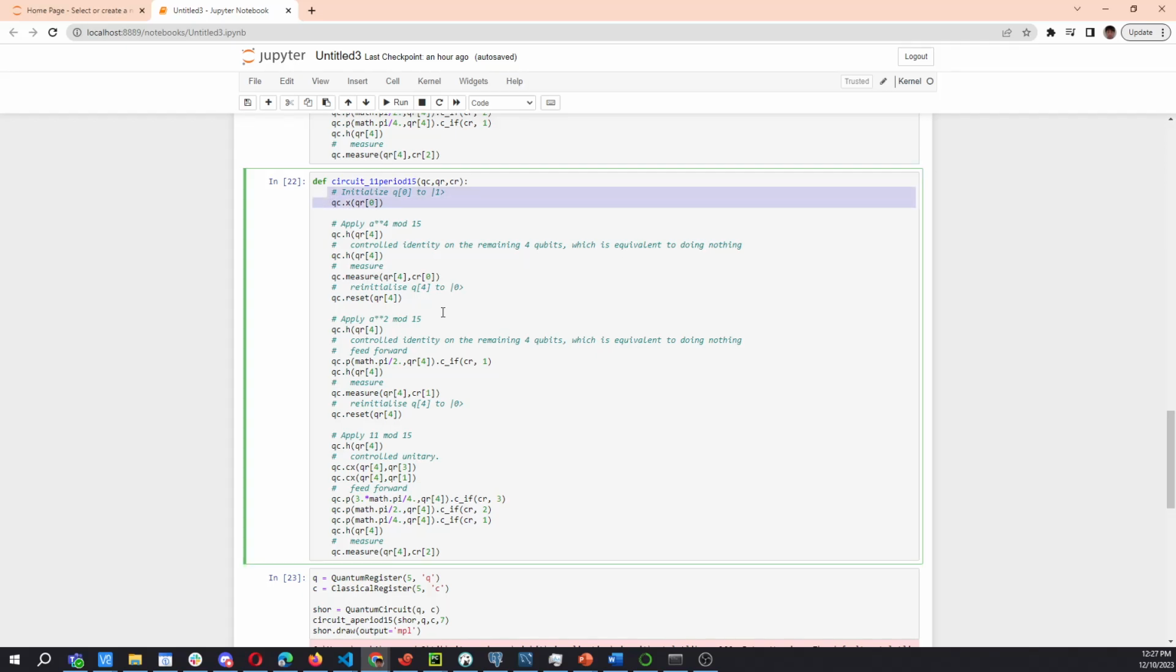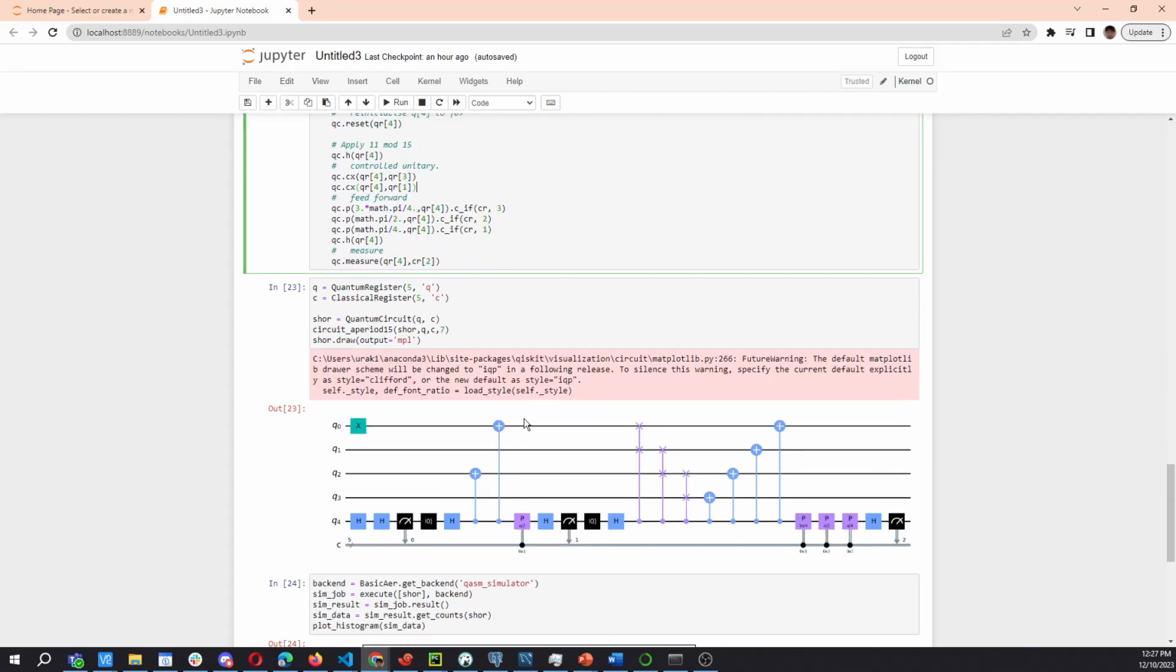So there's the quantum circuit here, using the supply for A power 4, A power 2, and then for 11 mod 15. So you can see that using the gates for the math of the quantum Shor's algorithm, with controlled unitaries, and then feed forward for the computers. And then let's build the circuit for A equal to 7, and then plus the circuit